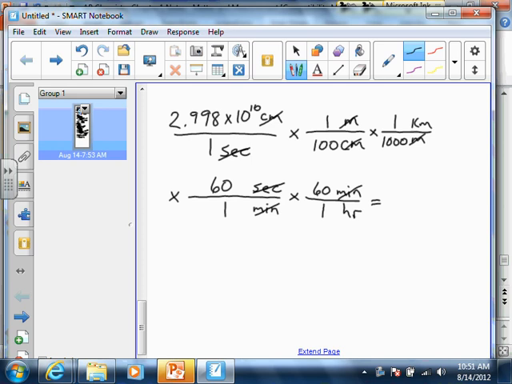All right, so then what you're going to do when you punch this into your calculator is 2.998 times 10 to the 10th divided by 100 divided by 1,000 times 60 times 60, if you do all that together. Now, if you want to break that up into two separate parts, you can also do it that way. But that's the way it works best in my head. So when you do all this,